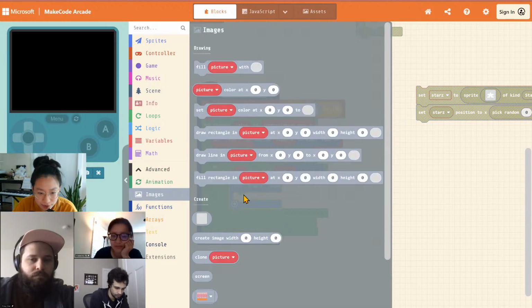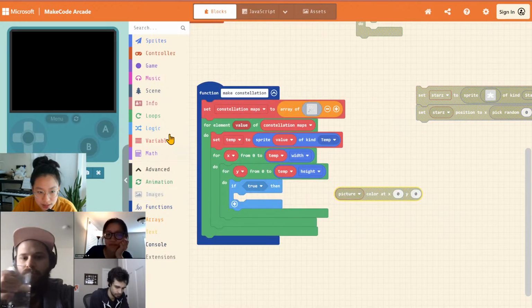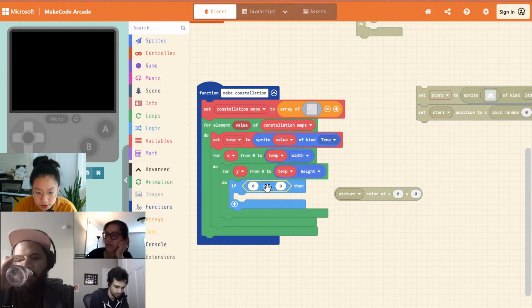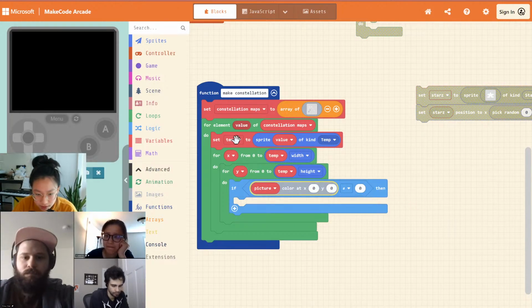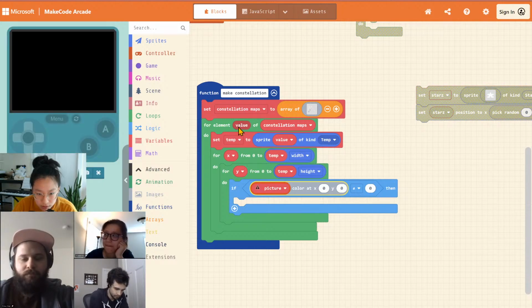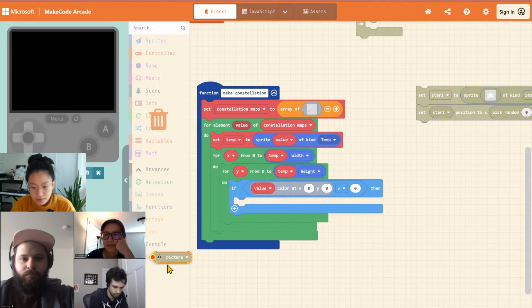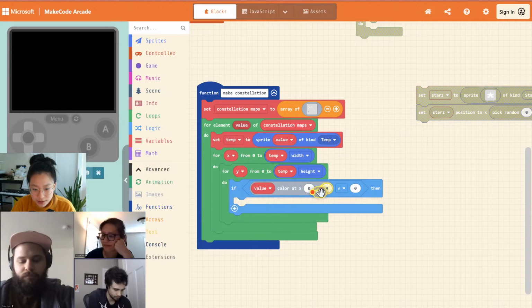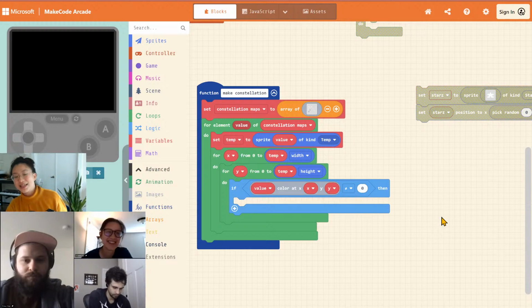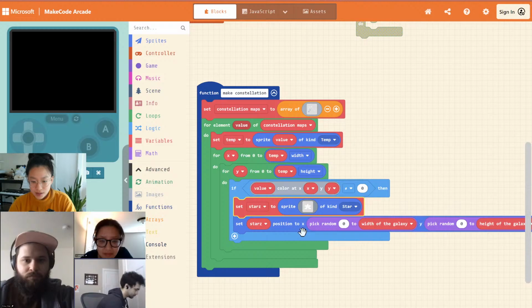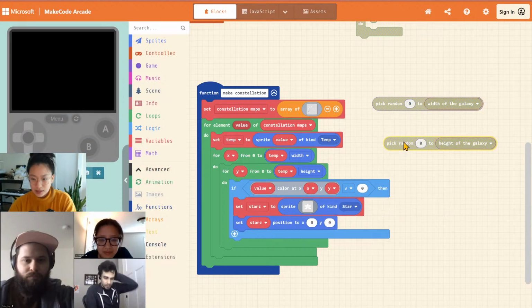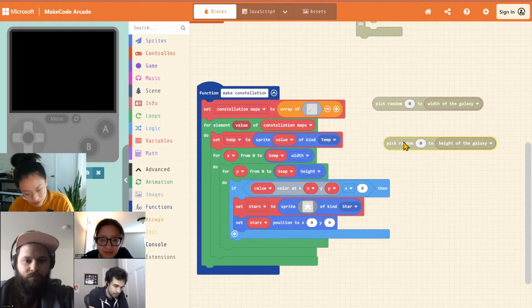We need to parse things. Color at this one. Okay, so if this is not equal to 0, which is transparent, then that means it's something. Do we do... Oh, we can just do value. There. And then instead of x, y being 0, we got to make them the x and the y. So glad we named these variables sensibly. So if it's not equal to 0, we're making a star. So we're doing this, and then we're setting the star position to be